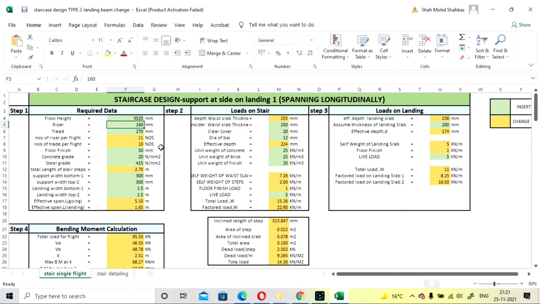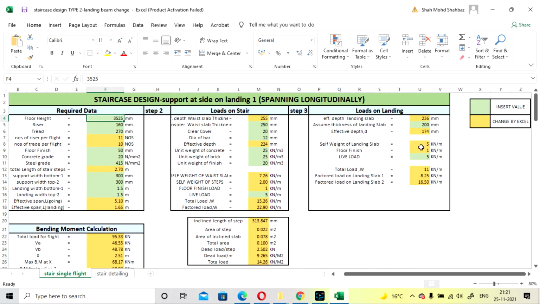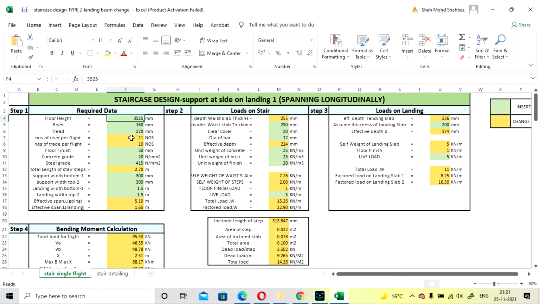Riser value will be given, so we have taken 160. Tread value, so the greenish color cells you have to insert by yourself, and the orange or light yellow ones, whatever you see here, will be automatically calculated. So the riser will be 160, and the tread will be 270. By these three data you fill.